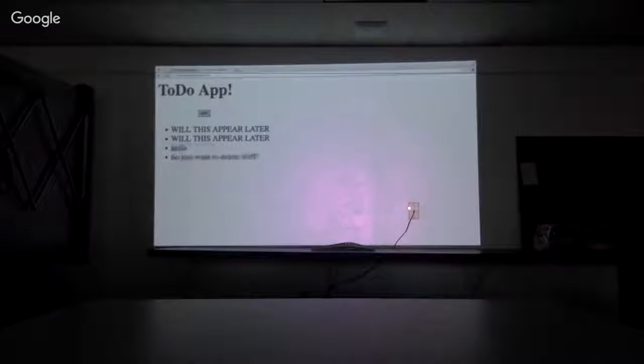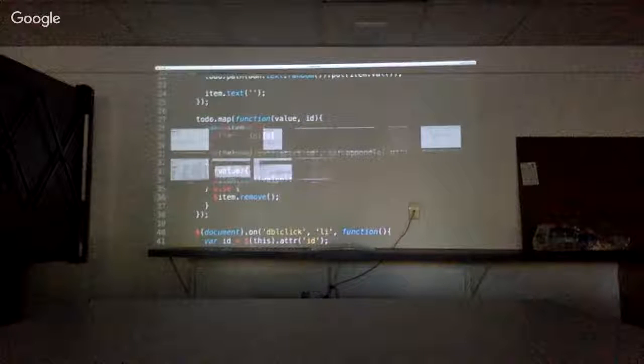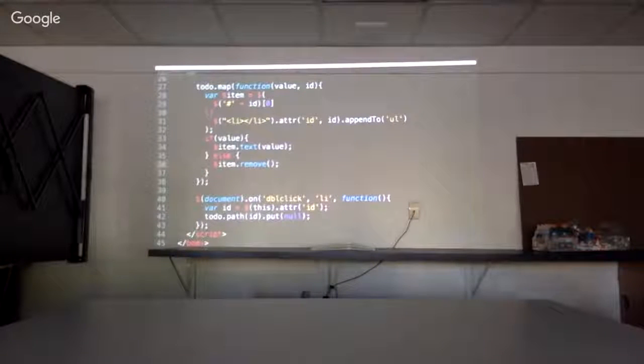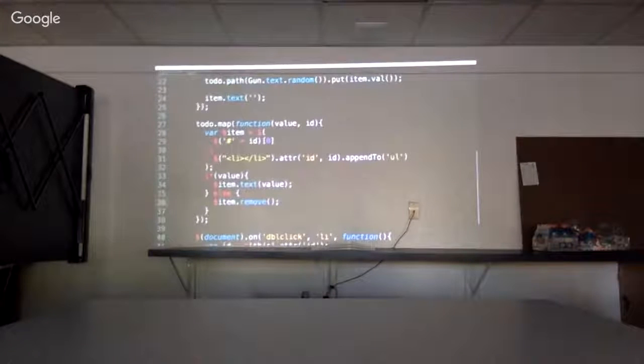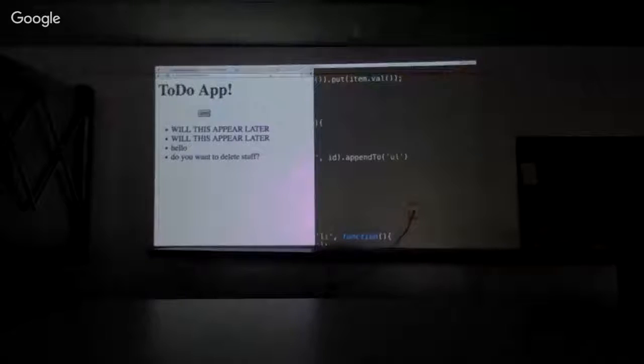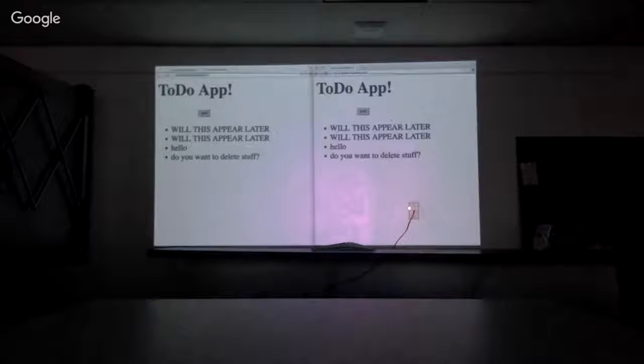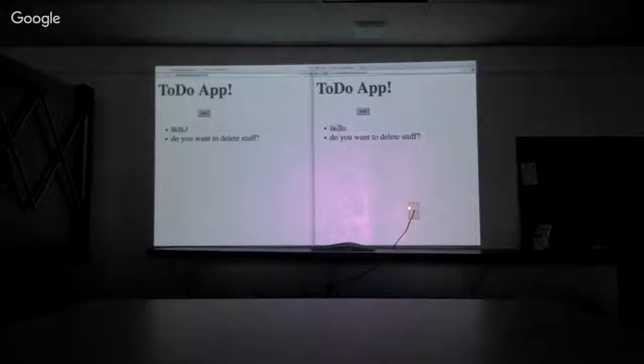So now if I double click on that, it's gone. See? Or you might want to make it be a cross out instead, whatever you have out. So that is a full to-do app, and it took a full hour to go over, but it was built from scratch. So now you have a live reacting app that if I go to any of your guys' apps, if you guys hit my IP address, you'll be able to delete items, add items,